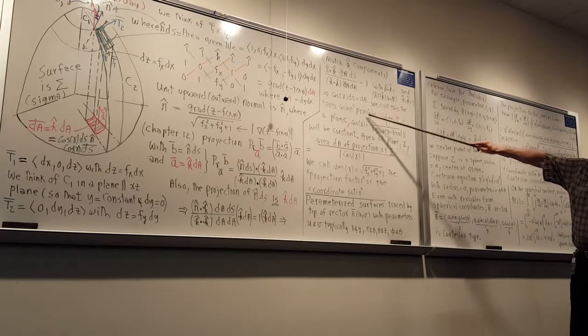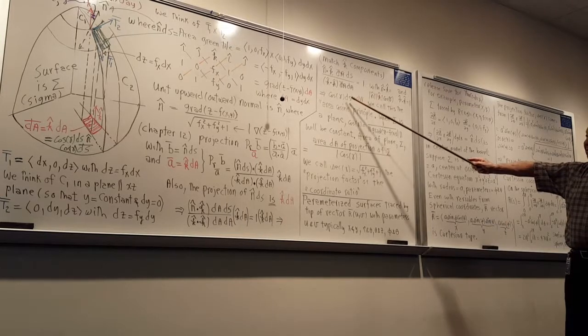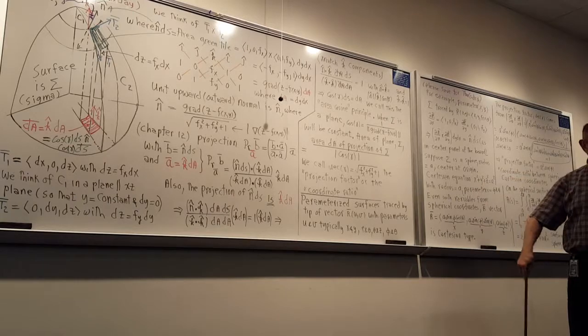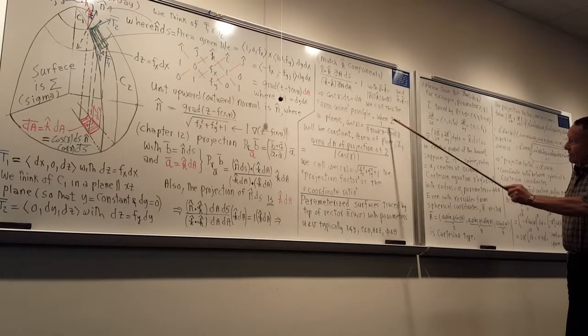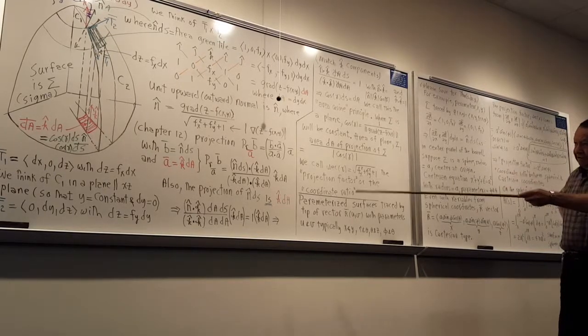So people call this the area cosine principle, because the one area times the cosine is the one that's down on the ground. And so, for example, if your surface, I'm using the Greek letter sigma as the general name for your surface, when it's a plane,